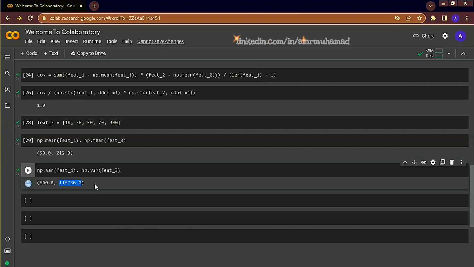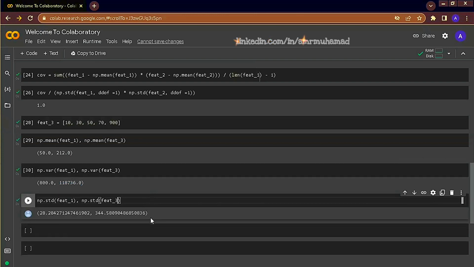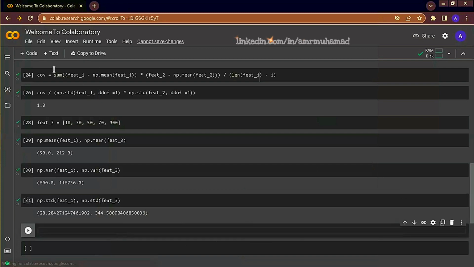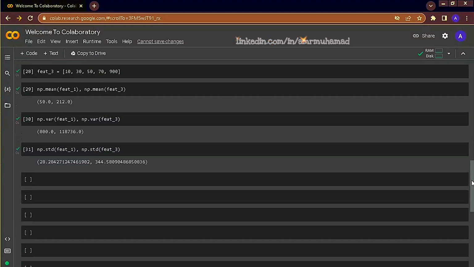And also we can see that variance in general always has a significant magnitude because of the squaring factor that we've discussed earlier. That's why standard deviation is much more useful in interpreting the dispersion within the values, using the same unit of measurement of these values. So for example, if feet 1 represented dollar values, we cannot say that there is a variance of $800 because it's not the case, it's a square dollar. But when we calculate the standard deviation, we can say that the deviation is X dollars.